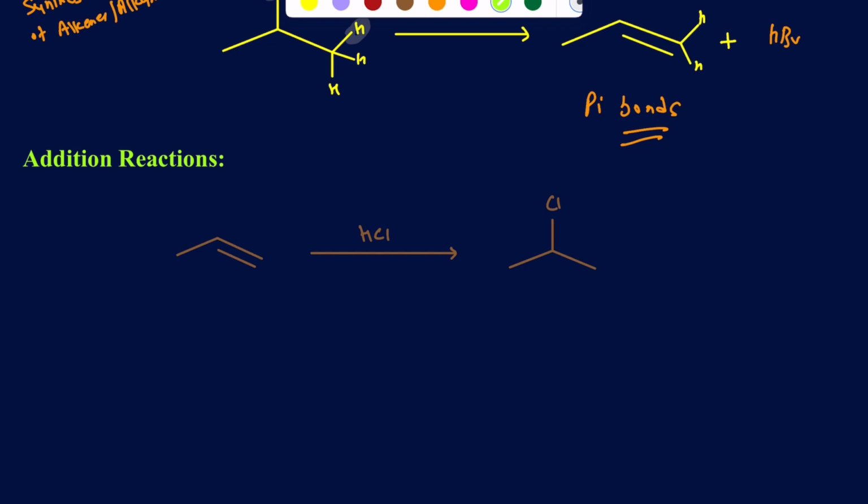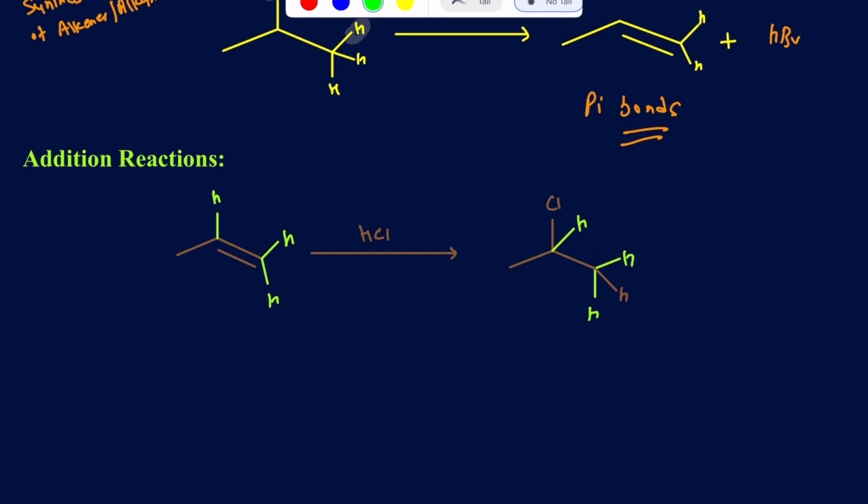And what I want to do is go back here and write down all the hydrogens, especially on those double bonded carbons, so you can see what's being added in there. So remember, I already had a hydrogen there. I had two hydrogens here, and I had two hydrogens here. And then one of those hydrogens will also be getting added to that carbon there. So this hydrogen and that chlorine were added onto these pi bonded carbons, and that's what makes it